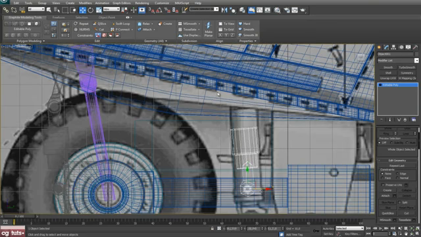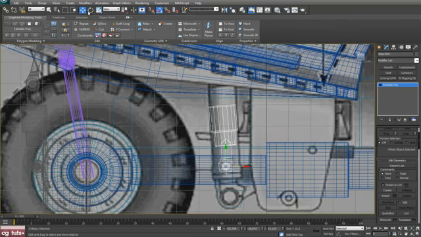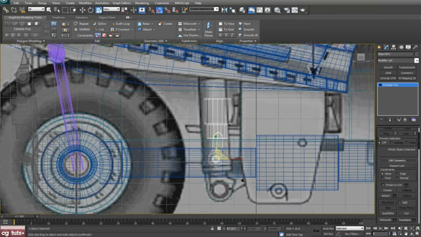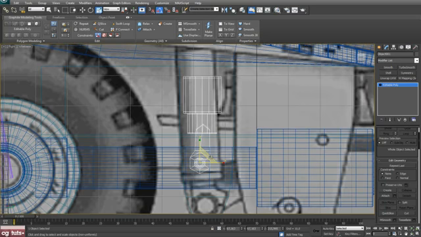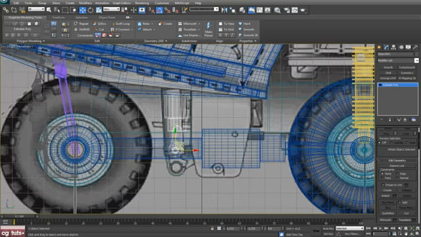Okay, turn on angle snap and let's rotate that. Okay, and now let's scale that something like that. Now place that here,